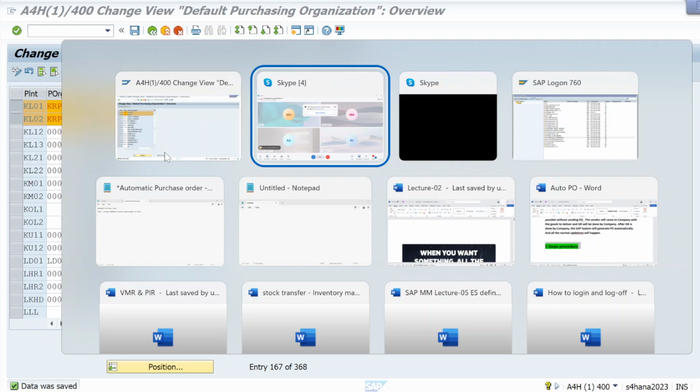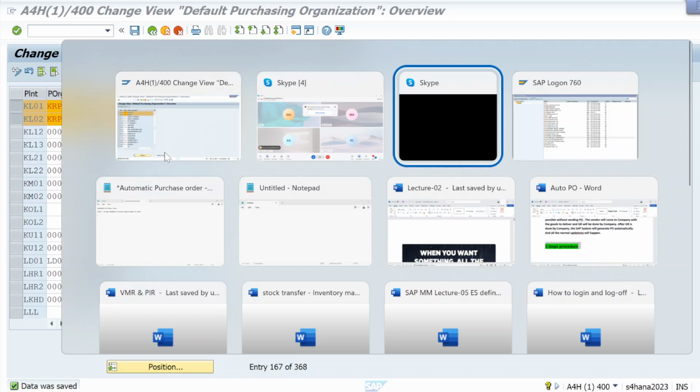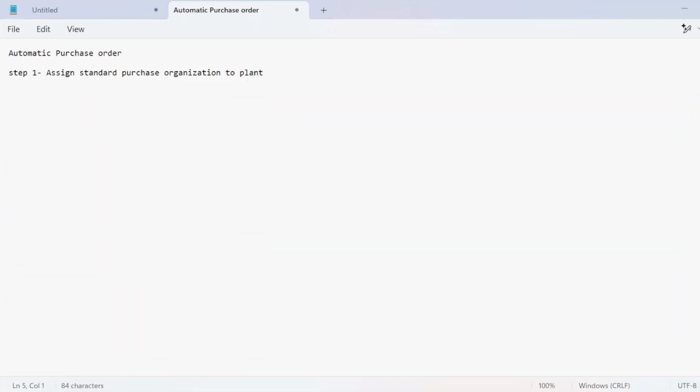Now, next step is in MMR, the Material Master Record, in the purchasing view.